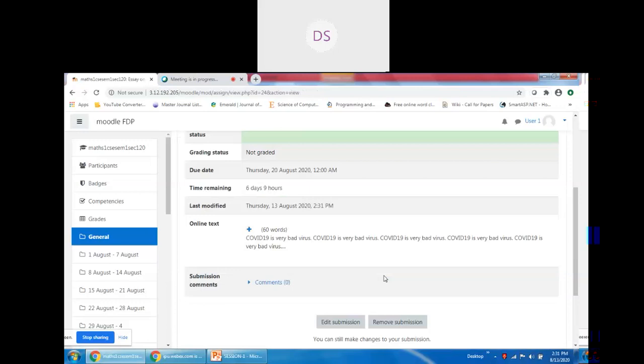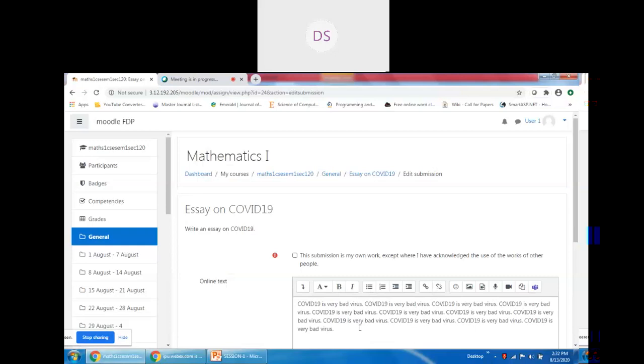I have not submitted this assignment yet. Today I typed these 5-6 lines, and I can see I have 6 days more to submit this assignment. So on the next day, I may edit this assignment. Virus, it is novel.